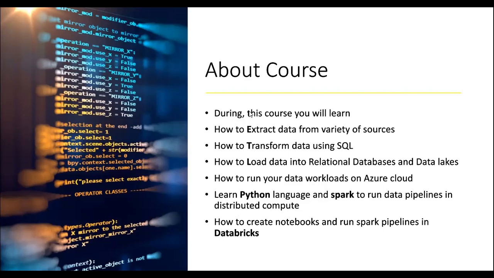So in this course, we will learn how to extract data from a variety of sources. As I said in the example, Meta has three applications: Facebook, Insta, and WhatsApp, right? We will see how data can be extracted from different applications. We also look into how to transform the data. What you generate through these applications is raw data, but I just want to change the data from one form to another form, so I can use transformations on your data. And we also look into how to store this data in data warehouses or data lakes, right?